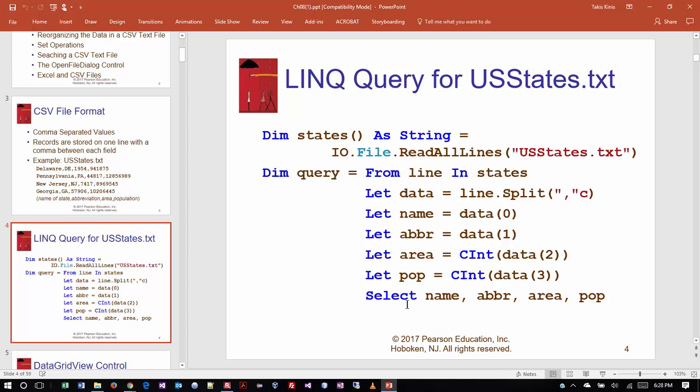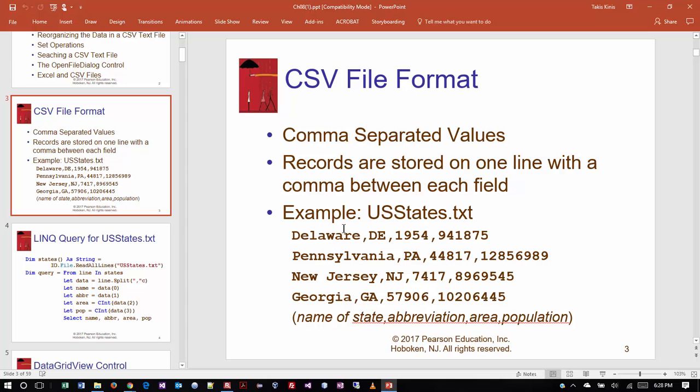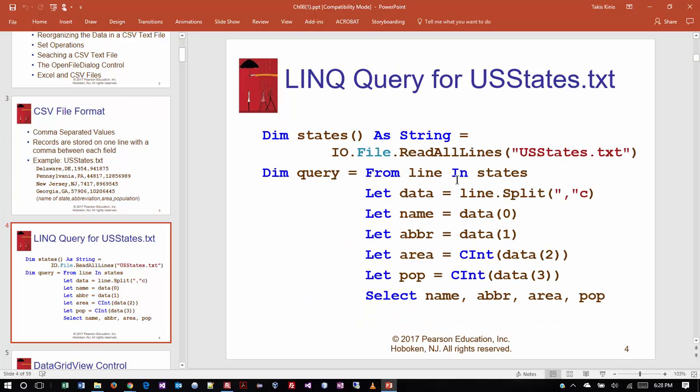Well, what it's telling you is that data, that's the second line of the query. And we're saying that each line that we're reading in, remember what was in each line, right? State, the two-letter abbreviation, the area, and the population. So the LINQ query is taking a line and it feeds it in and declares the split with the comma and then sets up an array